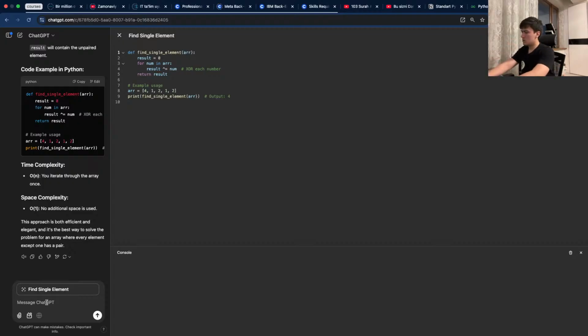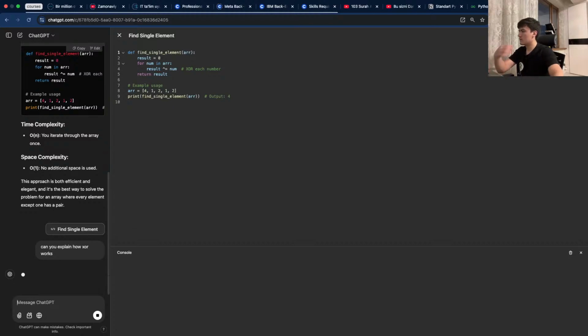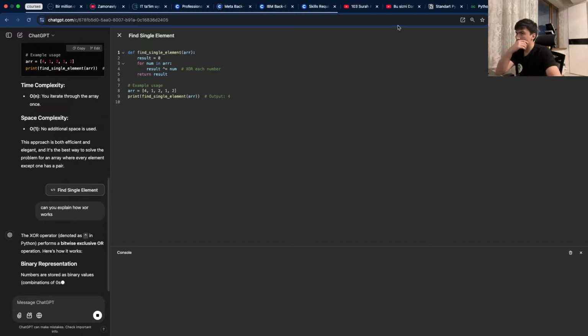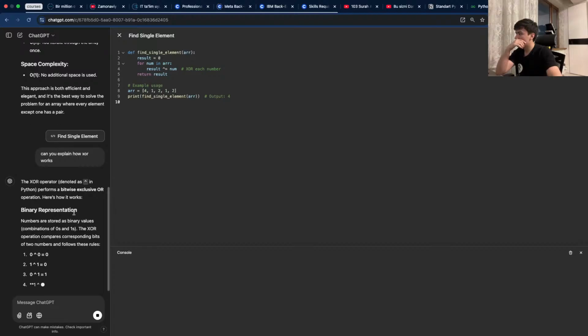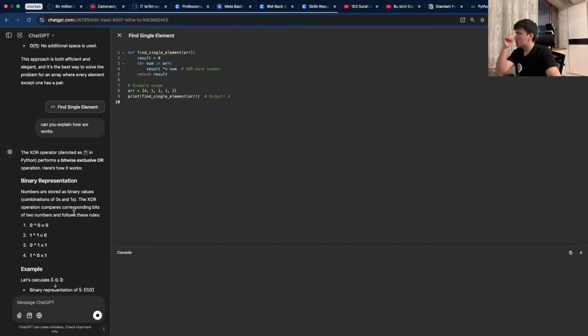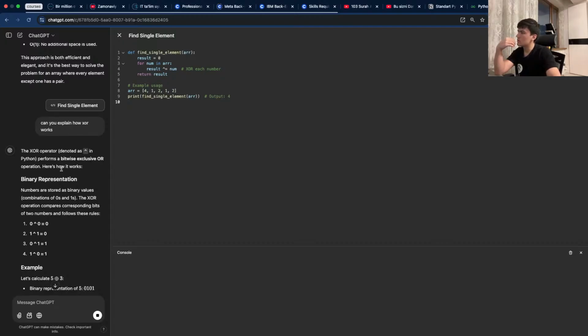Can you explain how XOR works? The XOR operator, designated as ^ in Python, performs a bitwise exclusive OR operation.